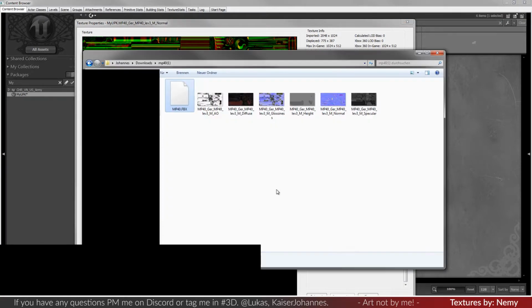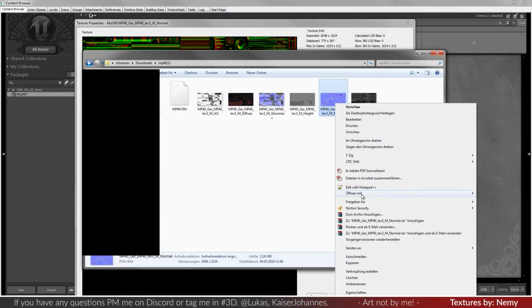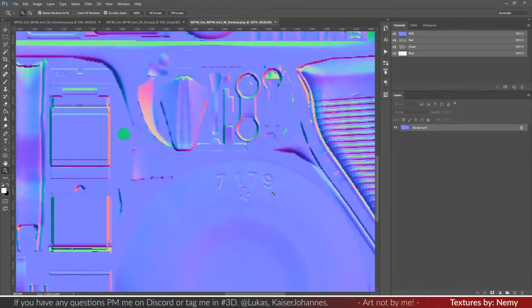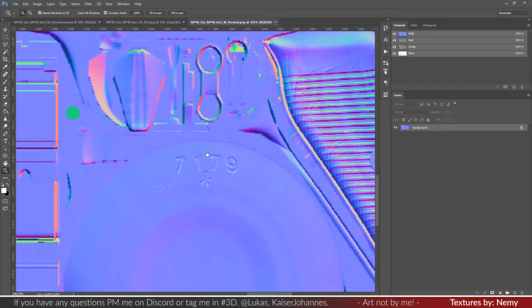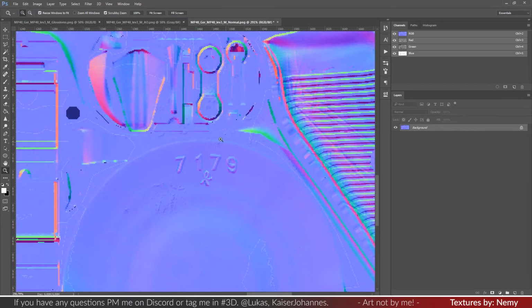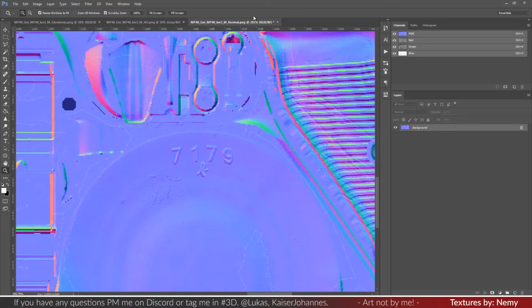Go back into Photoshop, open it there, and you can see it looks a bit wrong. The easiest way of spotting that is stuff like prints, like this is imprinted into the gun. It sticks out. We want it to stick out. We just invert the green channel there. I just clicked on the green channel and hit Control I to invert, and now it comes out at us,